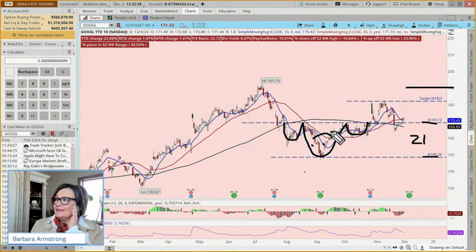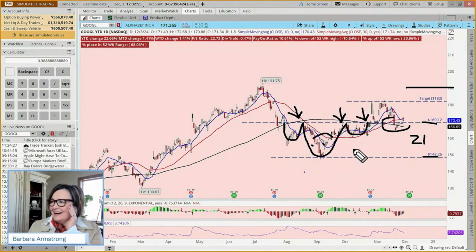So it shows that these don't always support this resistance level. It's not guaranteed that that's now going to hold as a support level. Anybody tells you anything is a sure thing, yeah, run far, run fast. Yeah, because there are no sure things in life. But I find technical analysis pretty fascinating.